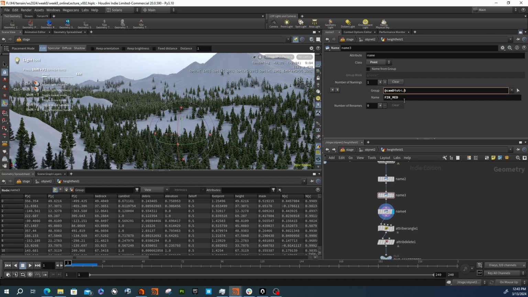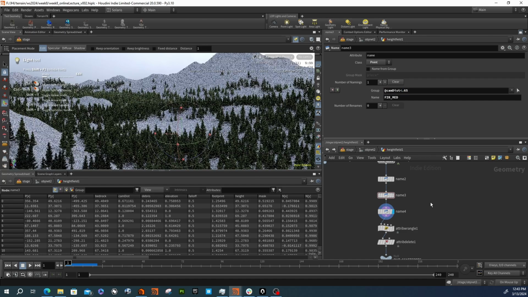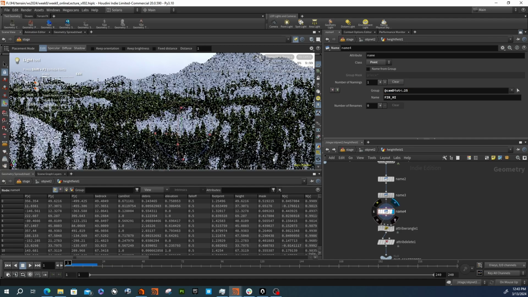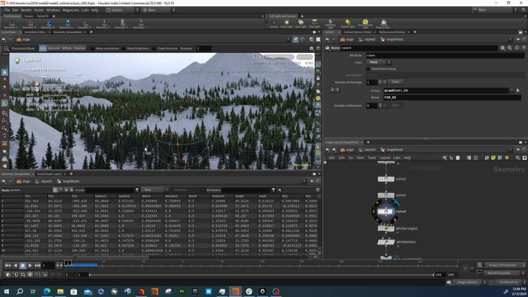So let's make this 6.5. So you see how much control we have over where this is happening. So I just moved that back, so that blend line. So this is all mediums, and these are our hero trees, and maybe that needs to be 2.5, right? Because we've got some stuff down here. So there you see that moved back, and this is how much control we now have over what